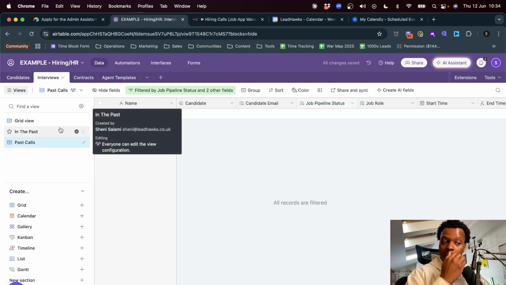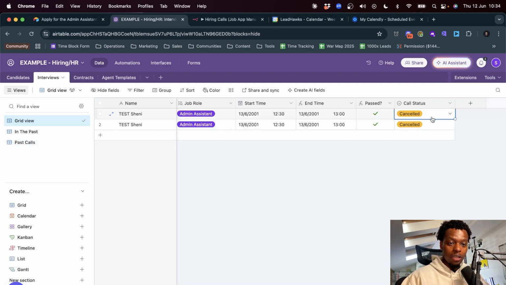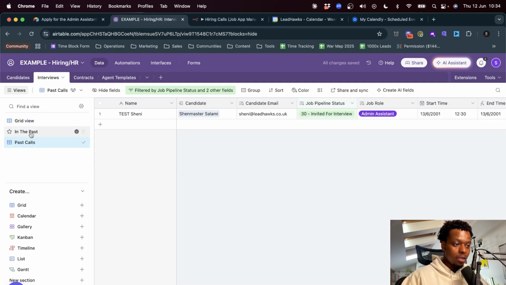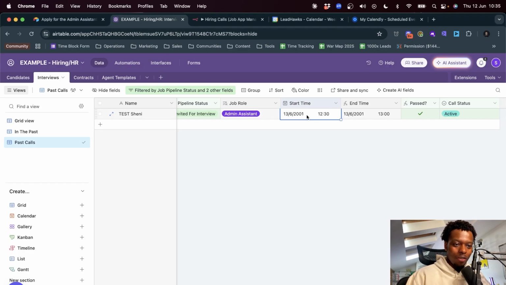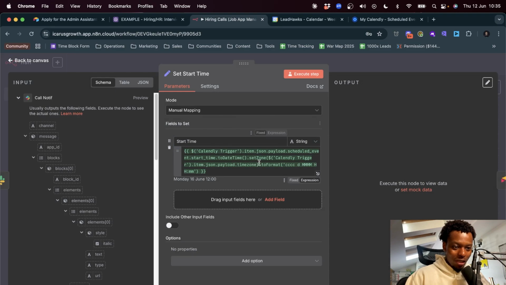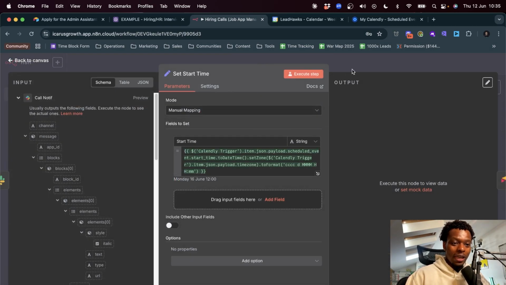So if we now have this, we basically are seeing no one. But if we go back into the grid view and take one of these as an example, and change the call status to active, then we will get something popping up inside of past calls right here. And I've actually just realized something. This start time here is pulling through as 2001, because we're not adding years inside of our set start time inside of the hiring funnel, inside of the Calendly automation. So you see this here,